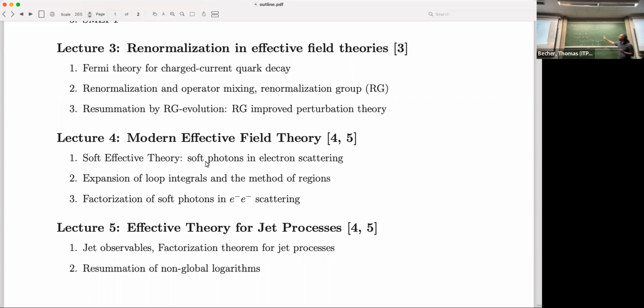Something interesting is if you go to a fixed point, if you start integrating out and this no longer changes, this is something interesting. Or it can happen that certain of these couplings will start to grow and you go somewhere else. So that is interesting. But it's not the way we will do our effective field theory because it's too complicated.